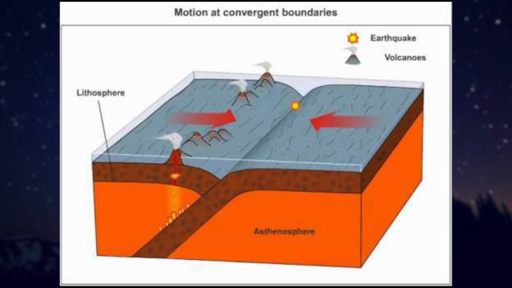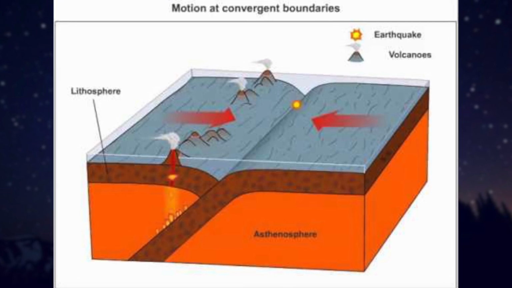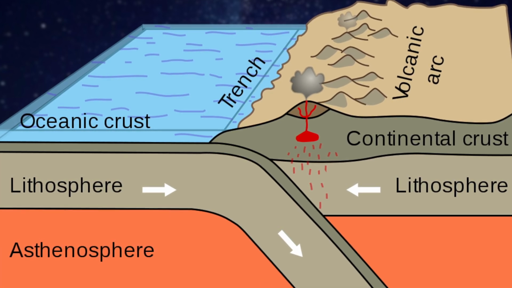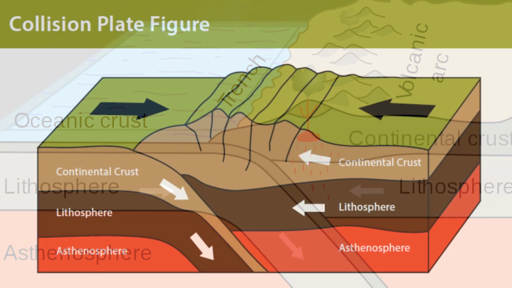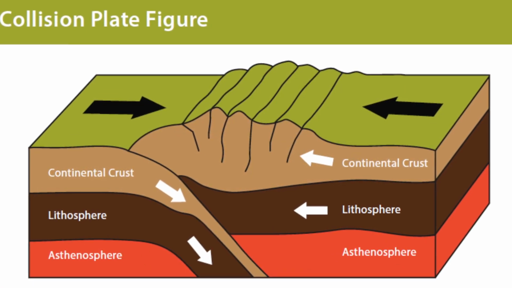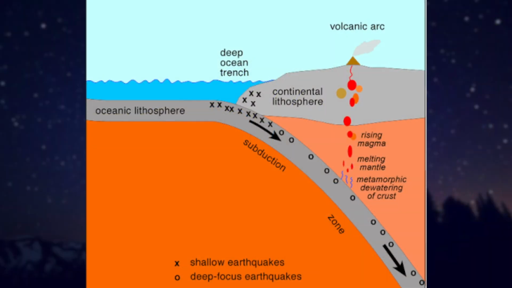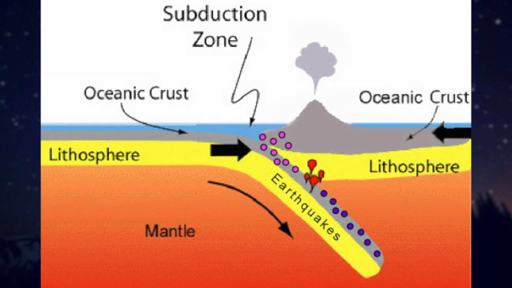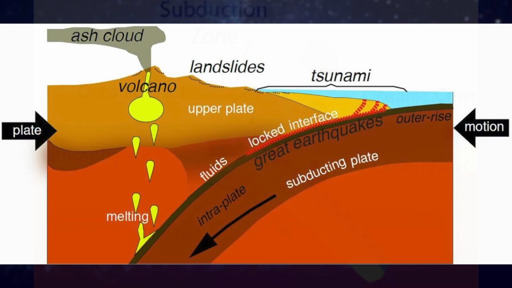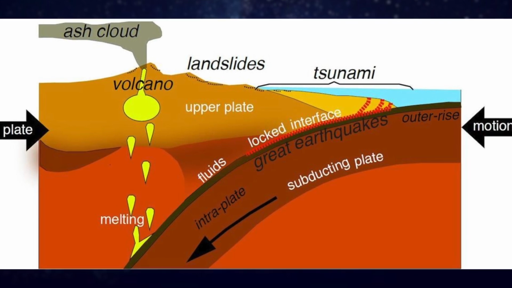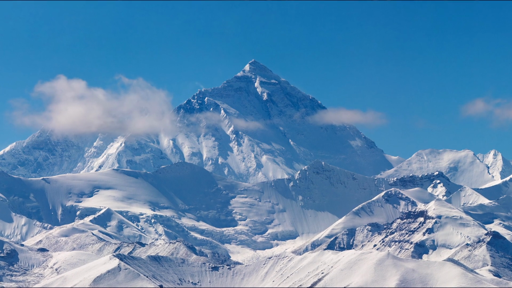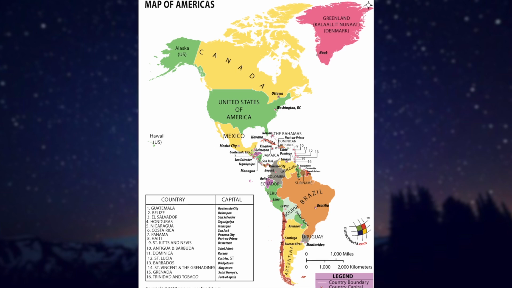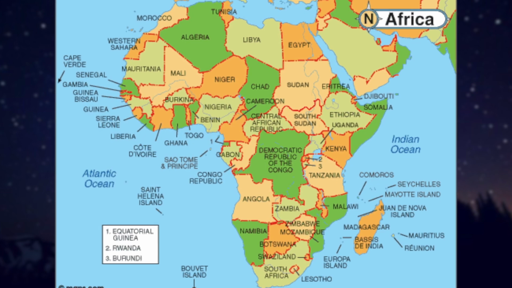When plates with differences in density meet in opposite directions and collide, the denser plate plunges or dives under the less dense plate. The zone along which one plate plunges or sinks below another is called the subduction zone. It is the location where sinking of the plates occurs. Subduction zones are the areas where plate material is destroyed. The important subduction zones are the Himalayas, Java Trench, along the western margins of North and South America and Africa,